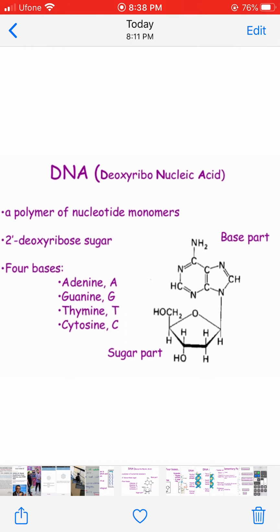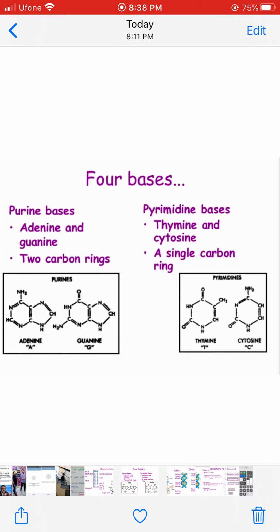Here is the structure of one molecule of DNA, which contains the sugar part and the base part of the nucleotide, which are going to be responsible for the binding of the other nucleotides and then lead to the formation of 2 strands which run in antiparallel manner and serve as the structural basis of cellular information.